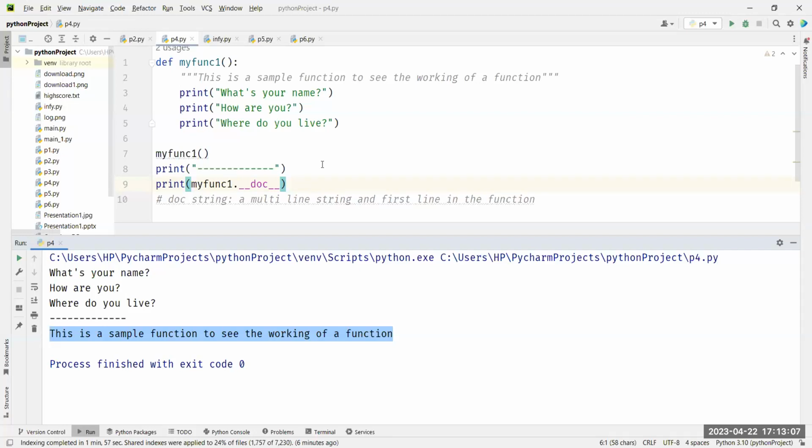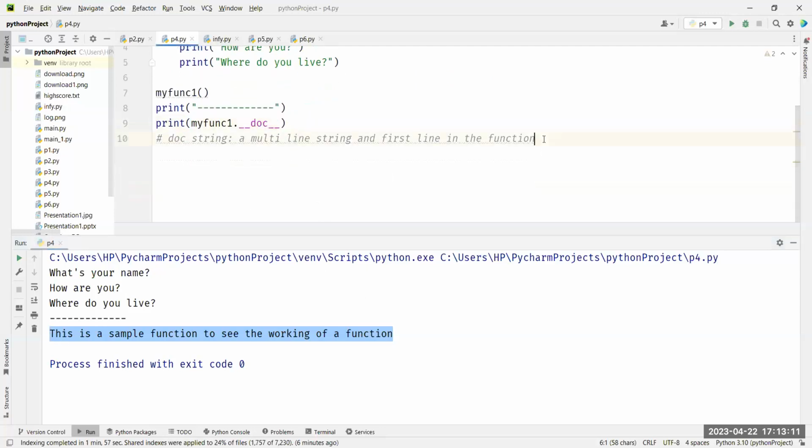So all the inbuilt functions have a docstring. If you want to know the details of an inbuilt function, you can print the function name dot